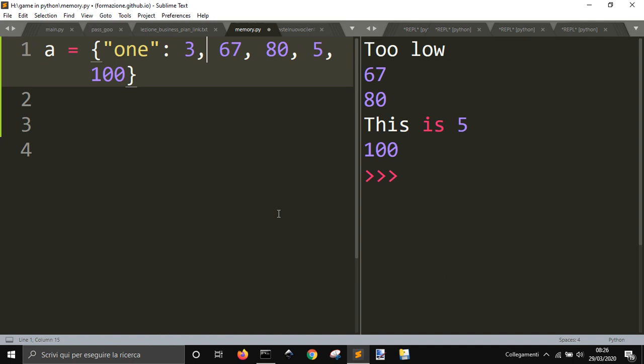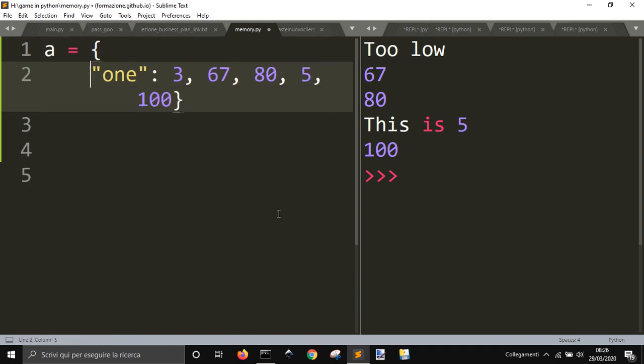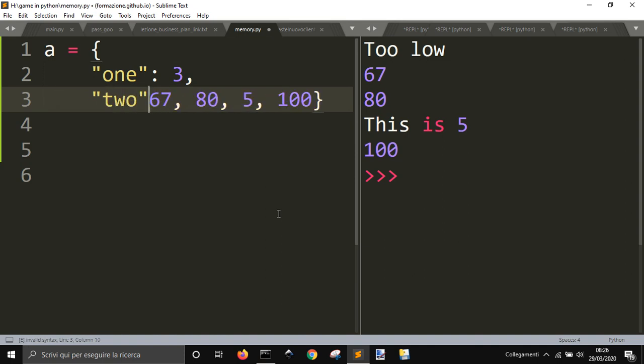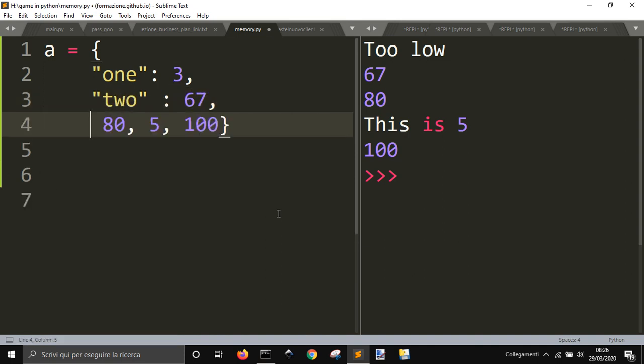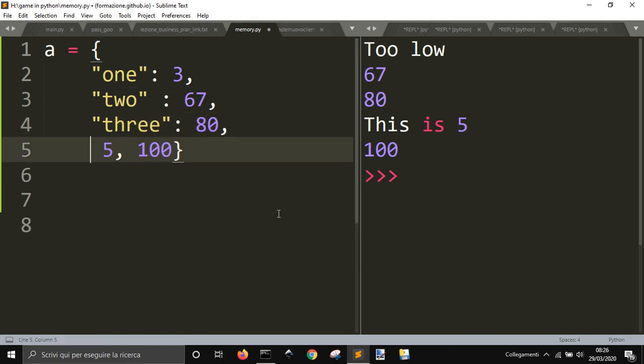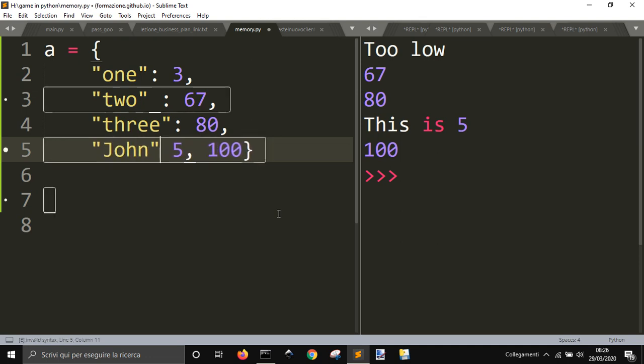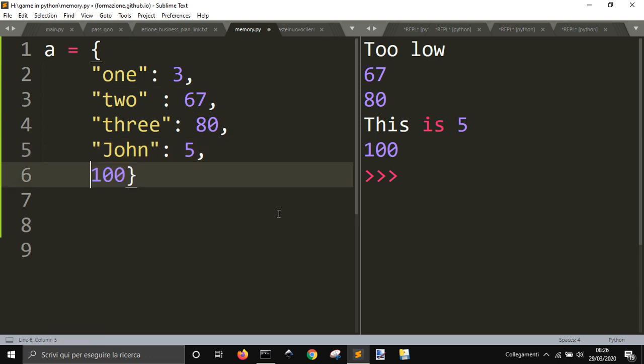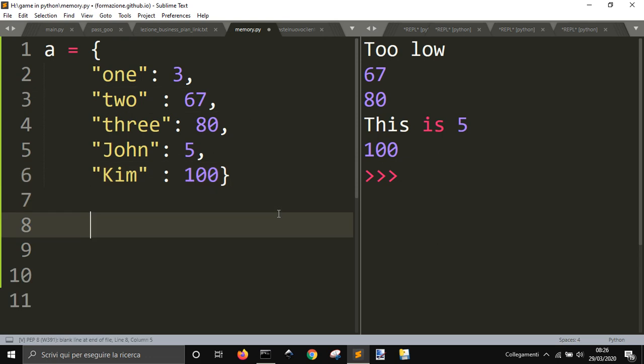Let's say 1 is 3, 2 is 65, 3 is 80. 4, yeah, I can make anything. I don't have to follow a specific path. I can do John and Kim is 100. And so, as I said, I can iterate for k in A